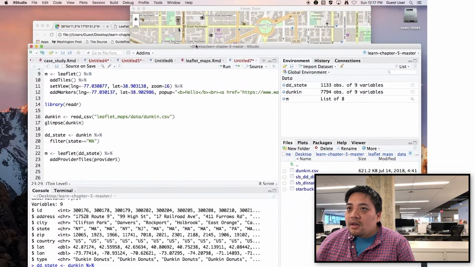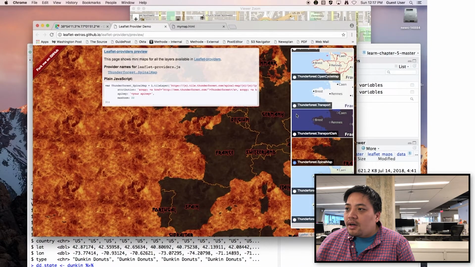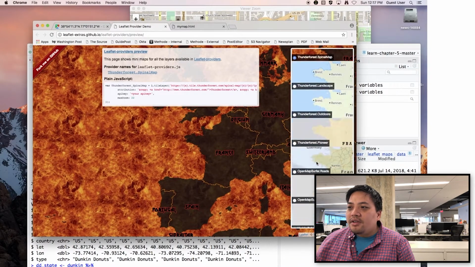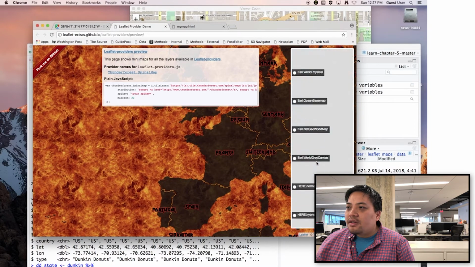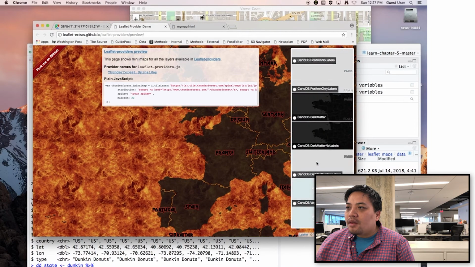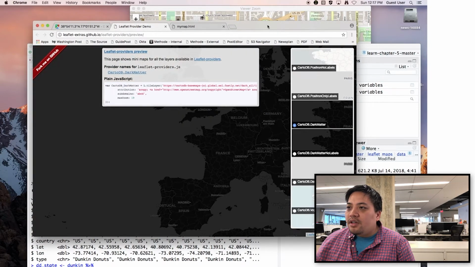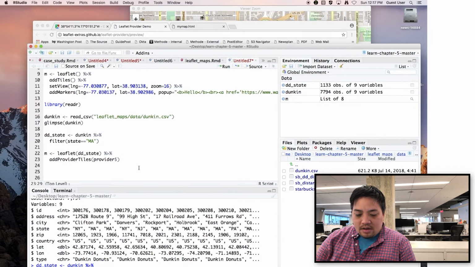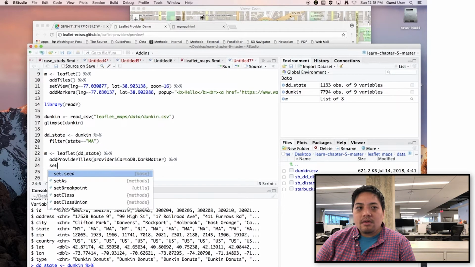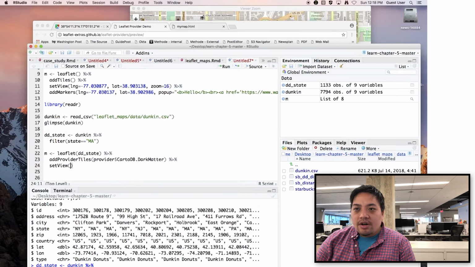And the provider is going to be $. Where were the... There we go. Whoa. I'm not going to use that. That's a little too dramatic. Okay, I like this one. CartoDB dark matter. So in here, you type in provider = $CartoDB dot dark matter, and then pipe that to set view, which I already know is going to be negative